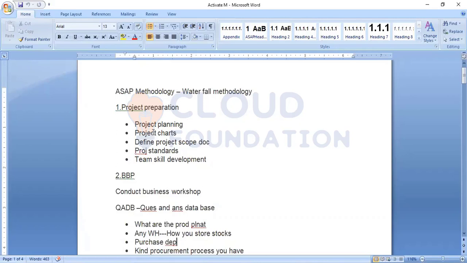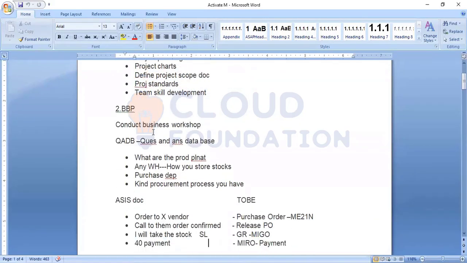Generally we conduct business workshops, and in parallel we try to understand their business processes. For the as-is, initially we will give a QADB, a question and answer database. With the question and answer database and the workshops, we try to understand their business as much as possible. Next is the as-is document. As-is means how the business is currently.